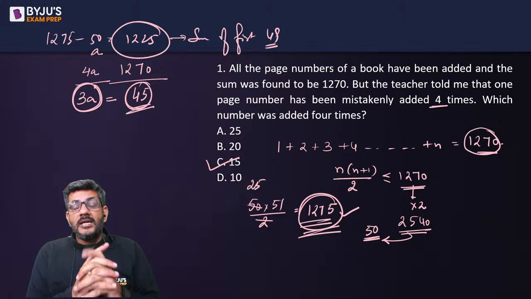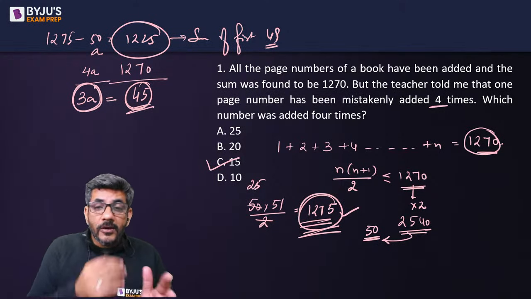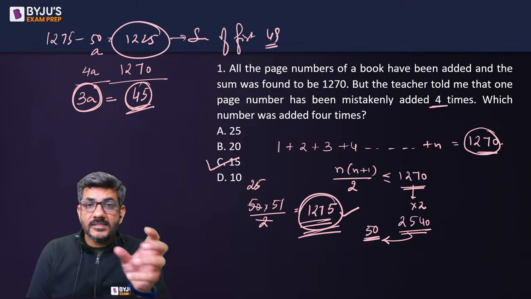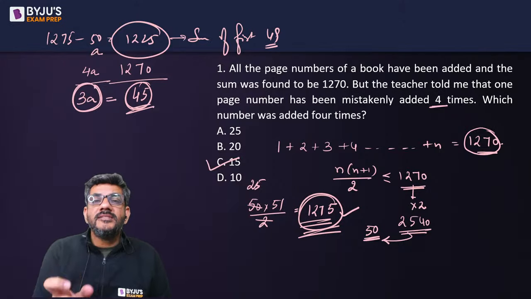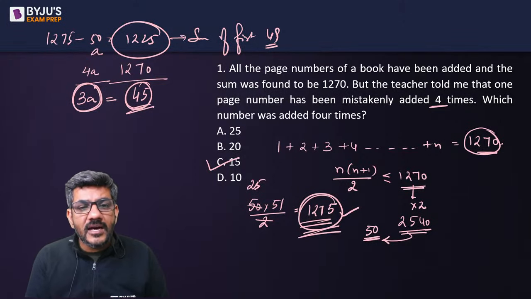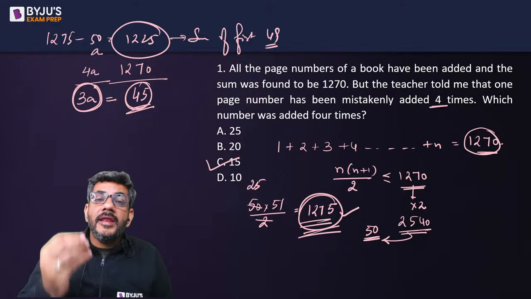Keep this thing in your mind. This is going to be important for you. If the sum of first n natural numbers is very close to a particular sum, then how do you get the value of n? This is a simple way of doing that. Double that sum and take the nearest square root of that. तो जो भी उसका नियरेस्ट स्क्वायर रूट होगा वो 50, जैसे मेरे पास यहाँ रहा इंटीग्रल, तो 50 मैंने ले लिया, तो इसका मतलब वैल्यू ऑफ n विल बी वेरी क्लोज टू 50.